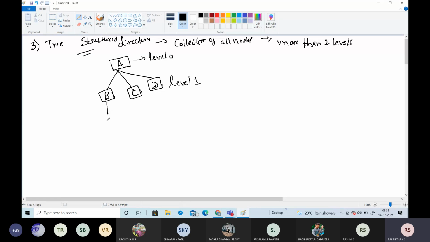B has file 1, and for the C directory there will be E and F present. Directories can be represented by squares, and files can be represented by circles.